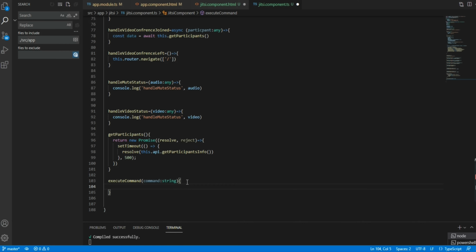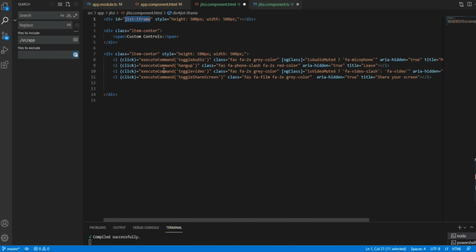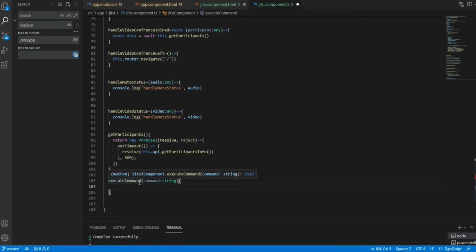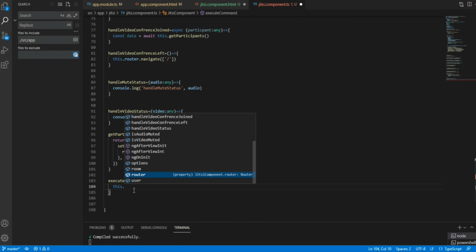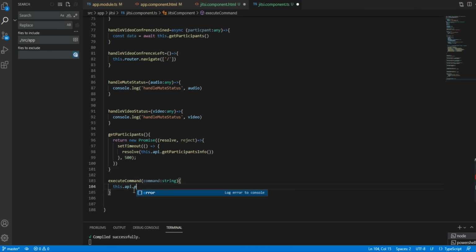Execute command of string. Here we will write a number of conditions for hang up, toggle audio and toggle video, which we wrote here.